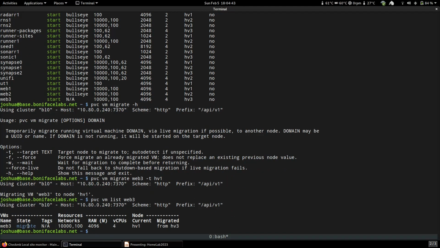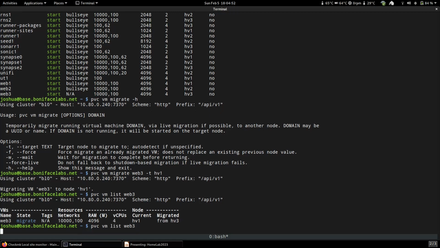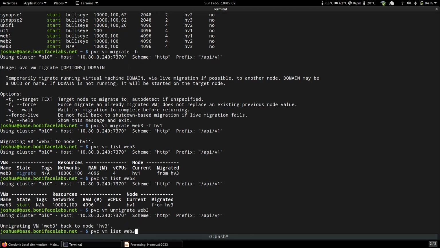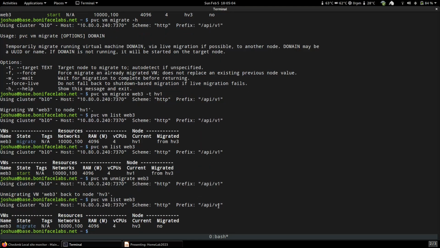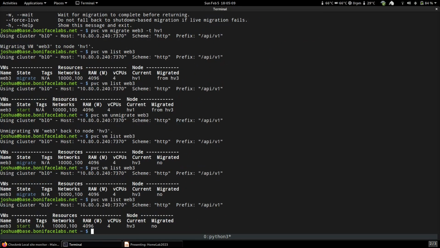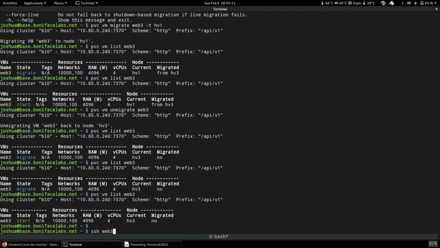VM, and we can see it's in the migrate state, and it's going to HV1, which is what I told it to go do, but it's migrated from HV3, and it retains that knowledge of where it came from. And then now it's running on HV3, or sorry, on HV1, and then I can actually reverse that, just unmigrate it, and it'll migrate again, but now it's going back to 3, and there it is, start. And if I go SSH Web 3 uptime,